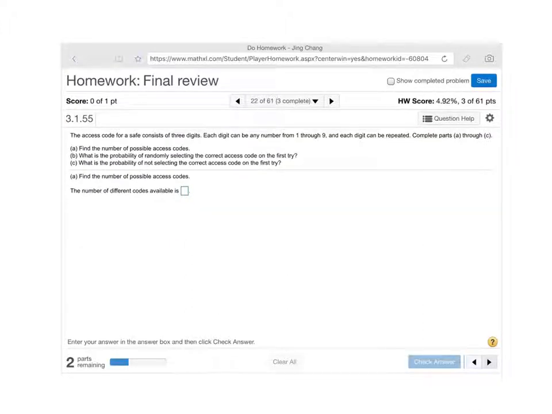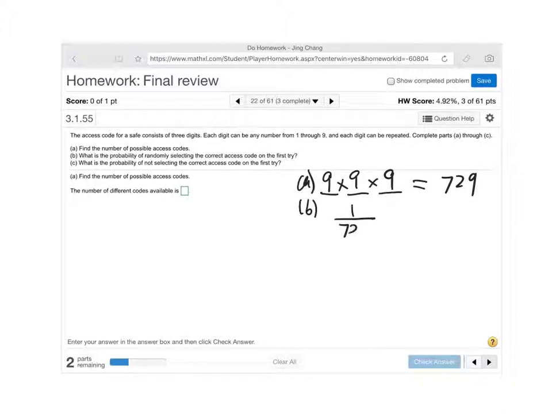Okay, let's find how many codes first. So we have 3 digits, and the first one can be anything from 1 to 9, so it'll be 9 options. 9 options, 9 options. So it's 9 times 9 times 9, which is 9 cubed. Use your calculator, it's 729. And that's A. And then B, the probability, there'll be 1 out of 729, because only one code is the correct code, and then there are 729 options. So use 1 divided by 729, which is